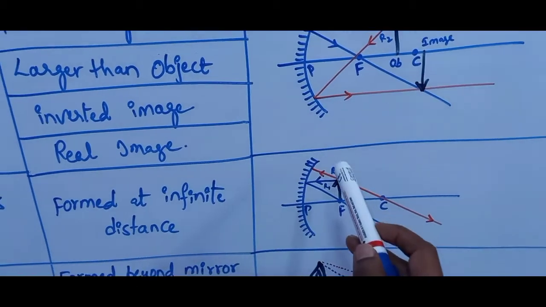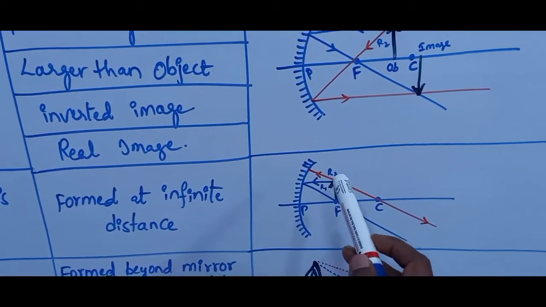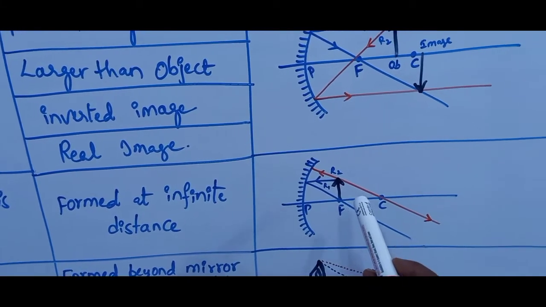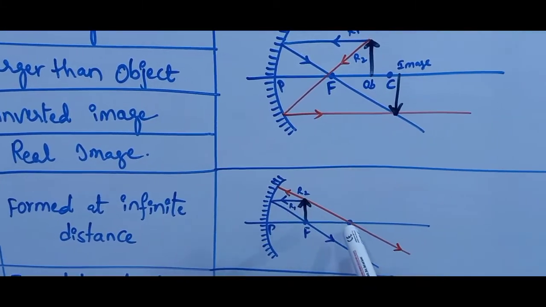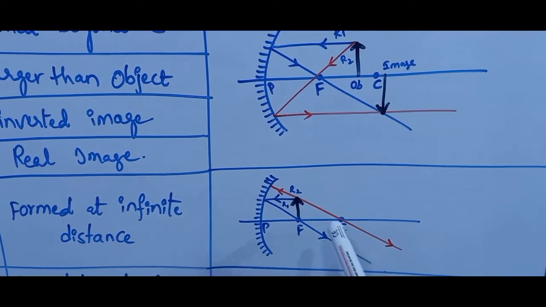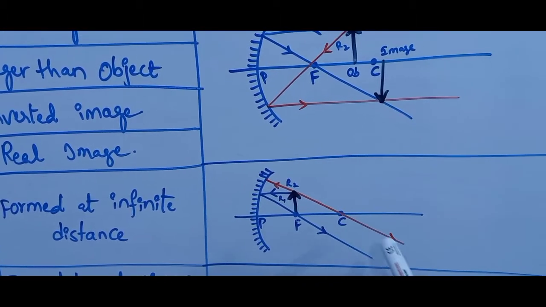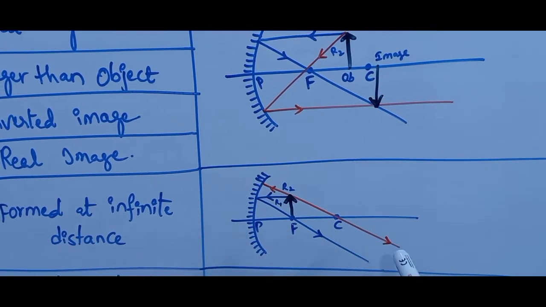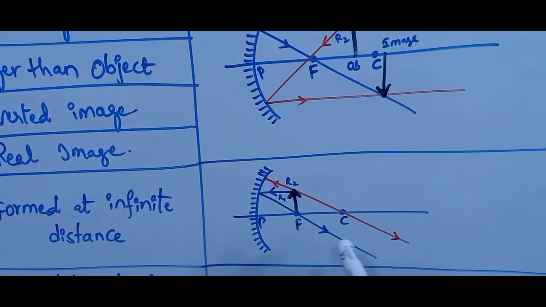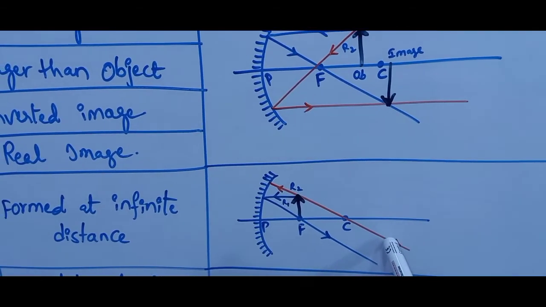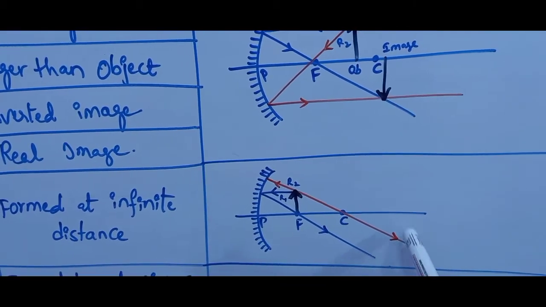Okay. Then I have represented R2. That means when the incident ray is passing through the normal, or it is passing through the center of curvature, then the reflected ray also will be passing along the same line but in the opposite direction. So I have represented the reflected ray also upon this line only but in the opposite direction. So now this blue line indicates the reflected ray of the first incident ray, and this red line is indicating the reflected ray of the second incident ray.